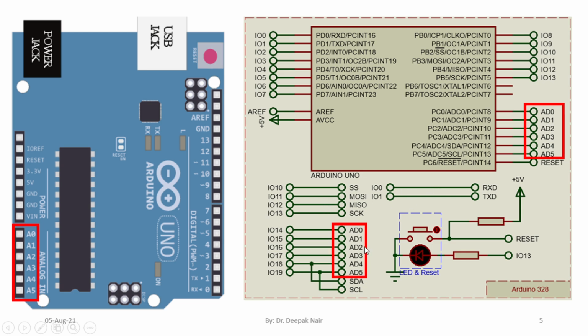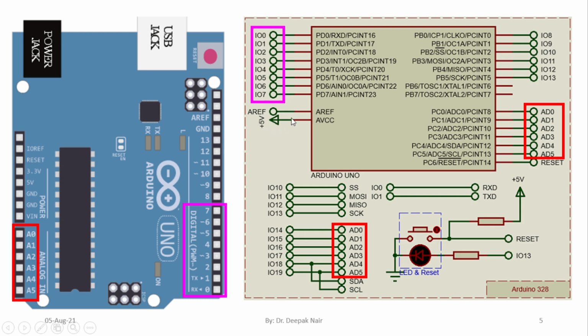You can even use these pins, AD0 to AD5, to get all the functions available with A0 to A5. The next set is the digital pins 0 to 7. Here you can see IO0 to IO7.